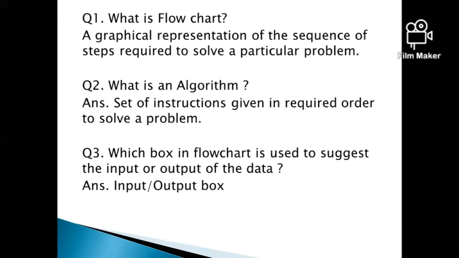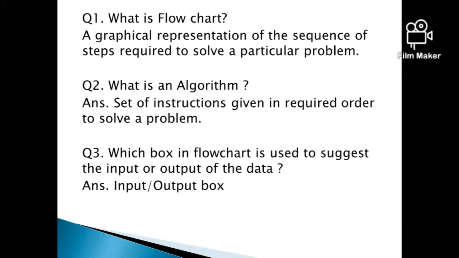As I told you, in flowchart, we use some boxes to perform the function or to solve any problem. Some boxes that are related to processing, input, output, etc. So the answer of the question is input or output box.